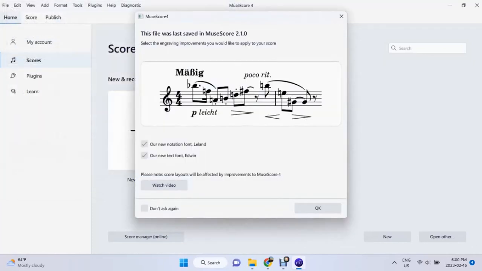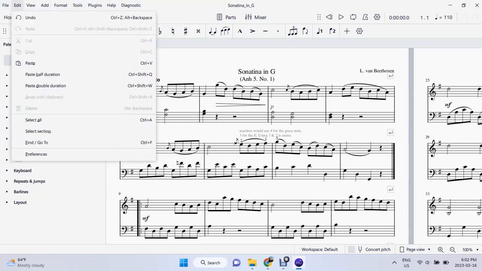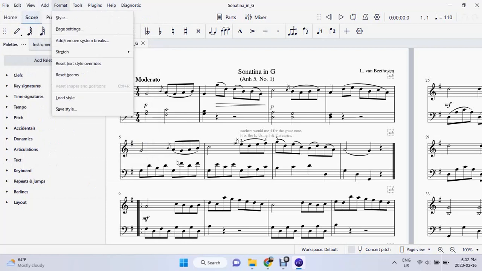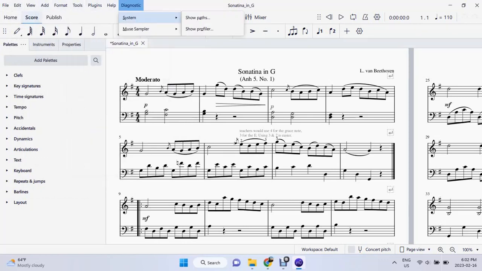The prompt says it was saved with an earlier version of MuseScore. We see some formatting options and the Watch Video button again. Just open it. We see a familiar layout and many differences. Starting from the top, the pull-down menu options are similar except for Diagnostic. The menus under it show different MuseScore settings, which is not important for creating a score, so we ignore